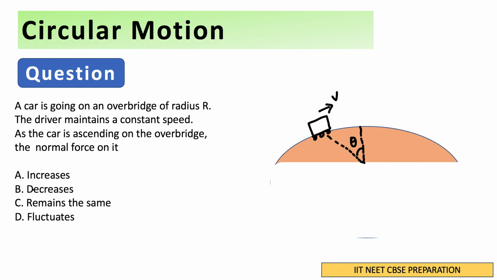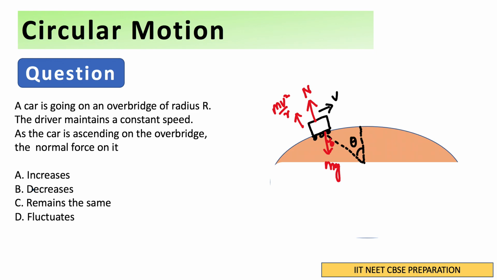So first of all, mg will act in the downward direction. So let us mark mg. Then normal reaction is going to act in the upward direction here, and because it is moving in a circular direction, there will be a radial outward force, which will be mv square by r. So let us also mark that. So this force is mv square upon r. So we have three forces: normal reaction, mv square by r in the outward direction, and mg acting in the downward direction. Now, you can see that this mg is making angle theta here. This angle is also theta. I can mark this as theta.